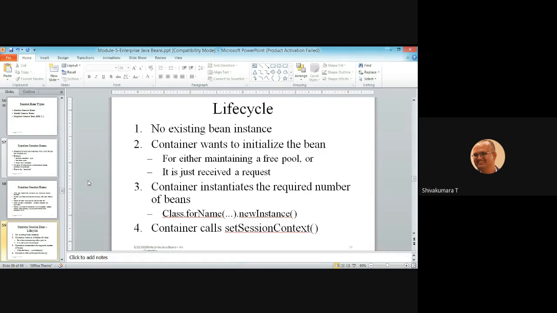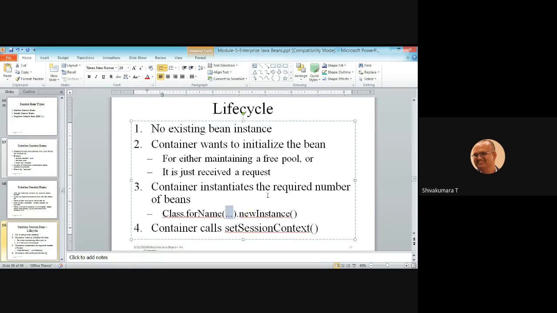So depending on the number of requests, or to maintain a free pool, the container decides how many instances of the bean to produce. It creates a new instance by calling the Class.forName method, which invokes a new instance of the class you specify as the bean instance.